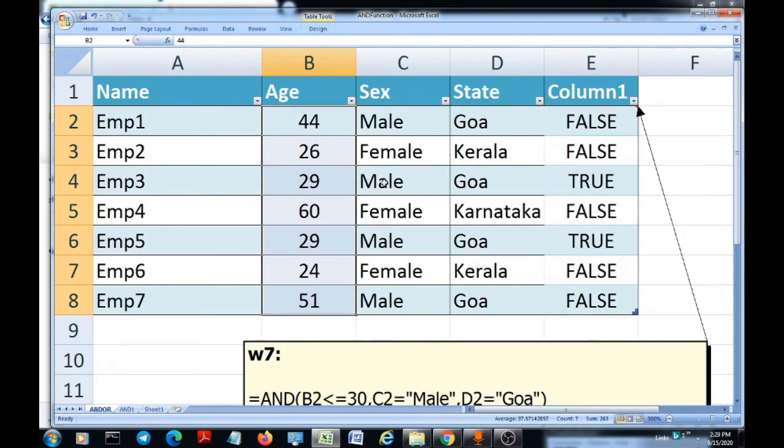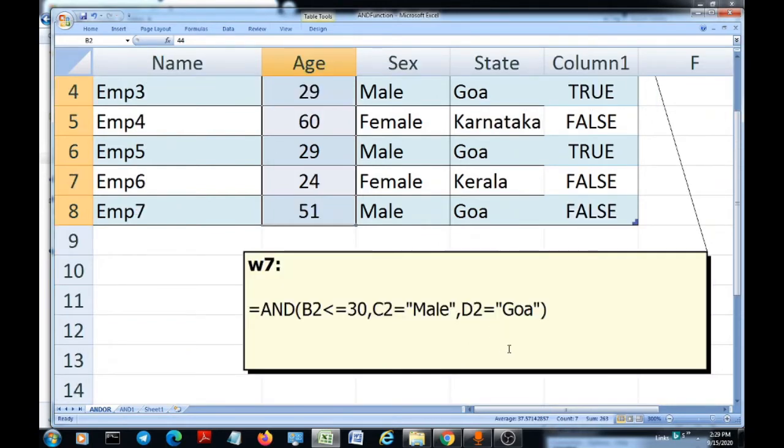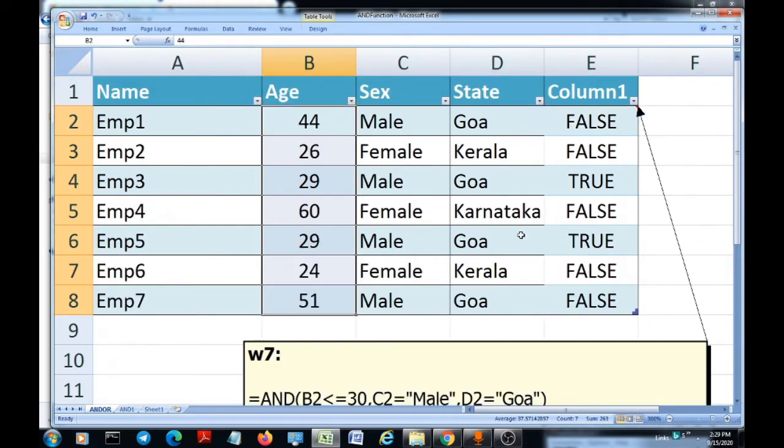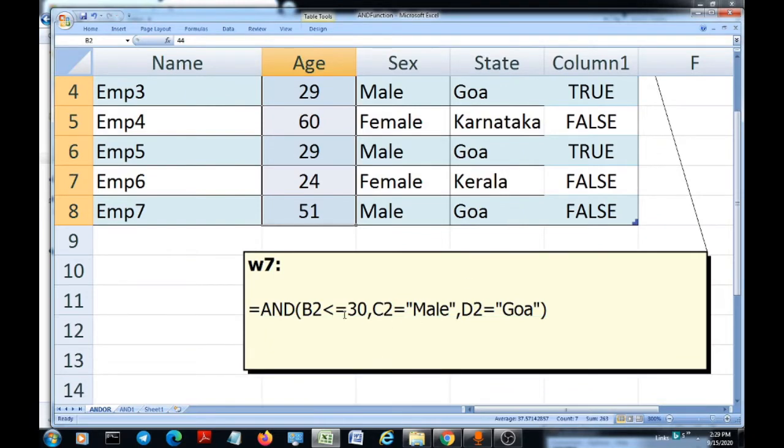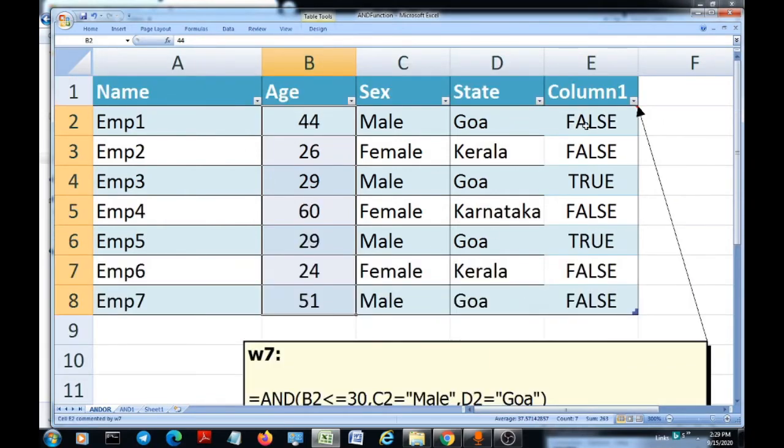Now, for an example, let's consider you want people with this same criteria, but the only thing is that you don't want anybody from Goa. How do you figure this out? This is a good condition, right? In the previous example, we wanted people from Goa meeting the other two criteria. Now we are looking for candidates who are less than 30 years, who are male, but they are not from Goa. This condition has to be met.